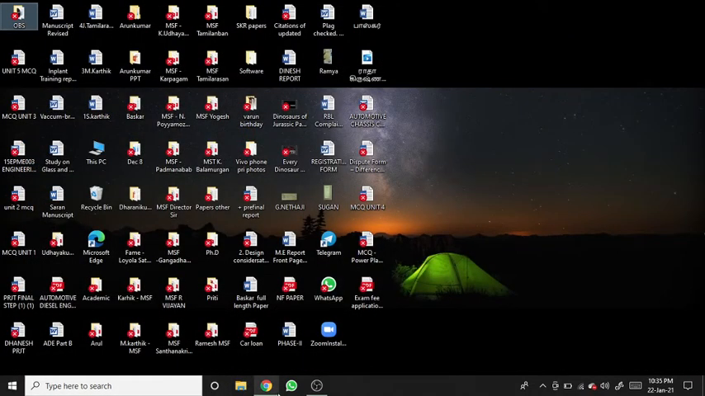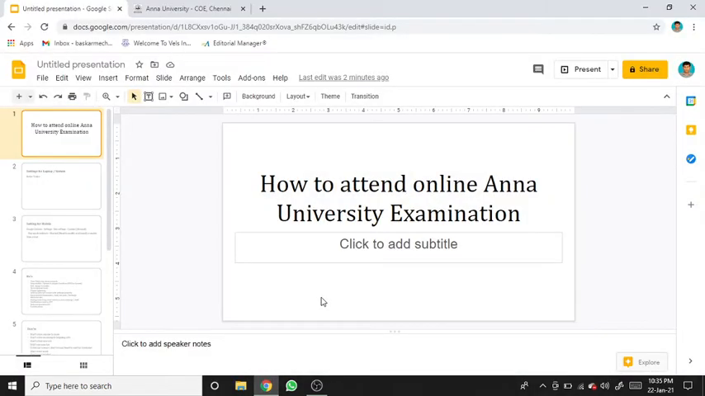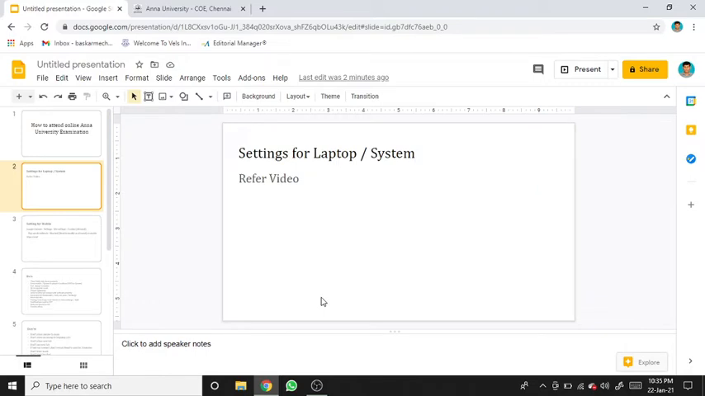Today I am going to show how to write the Anna University online theory examination. Okay, I am going to show the step by step procedure. So before going to attend the examination, we need to